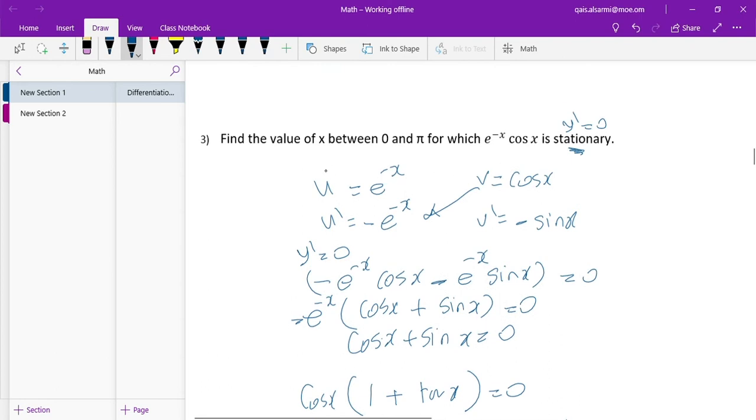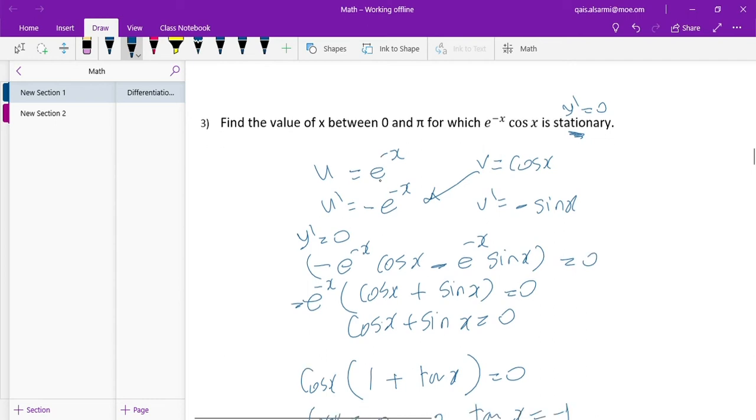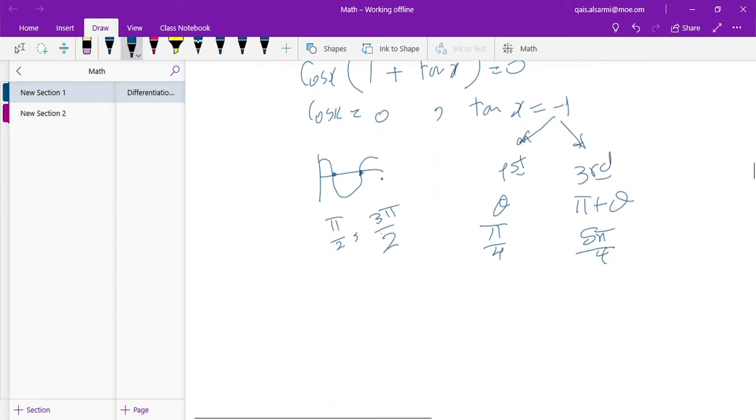What is required here? The required here is to get the values of x only. No need to make any extra steps. Okay? No need to get y, no need to get the nature of the point. Try to answer the question, then go directly to the next question because you have no time at the final exam. Now, the next question is